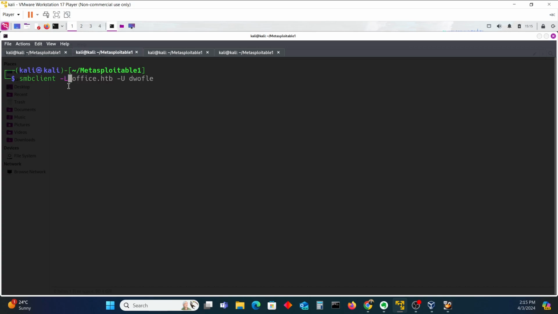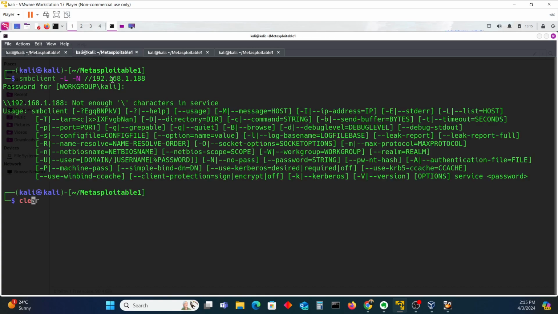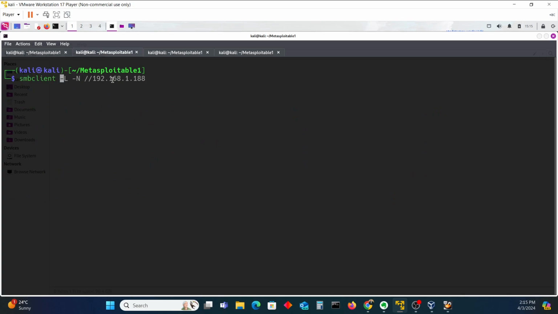We're going to use -L, capital L, and capital N. What that means is that we're telling the SMB client to list all the different share names without providing authentication. The capital N is a null session, and then two slashes with the target IP address 192.168.1.188. Or maybe not. smbclient -N -L //